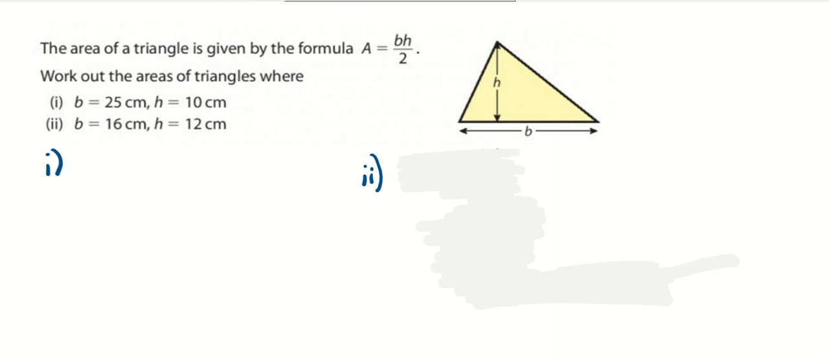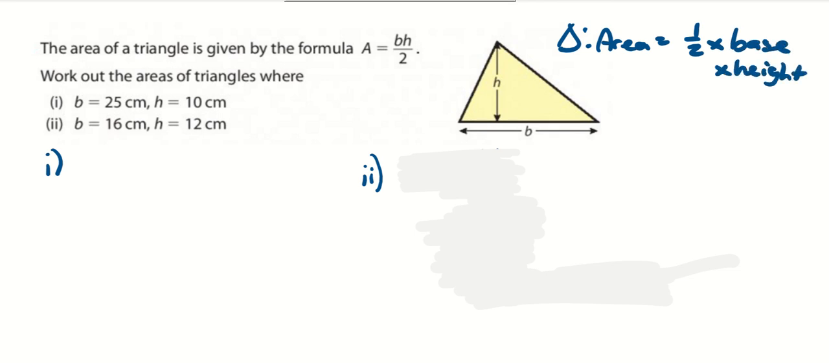So we're told that the area of a triangle is given by the formula A equals BH over 2. So remember, for a triangle, the area is a half times the base times the height. That's always the case. Or BH over 2, that's the same thing. So here you're told that there's a triangle and the base is 25 centimeters and the perpendicular height